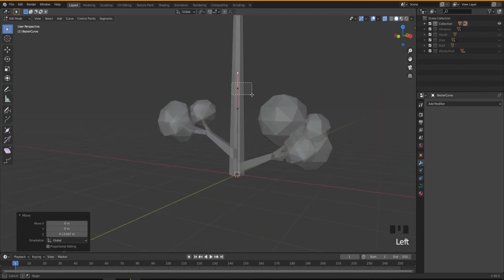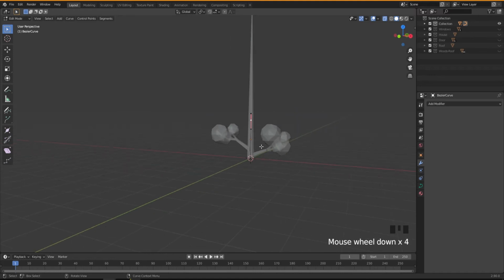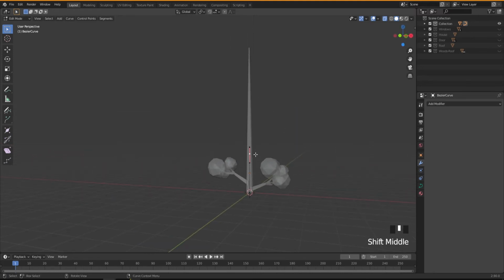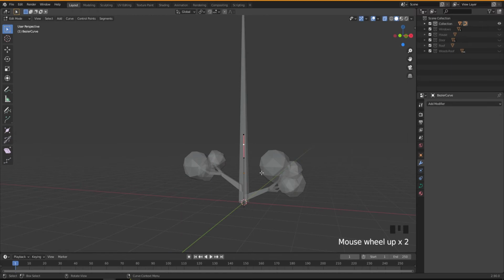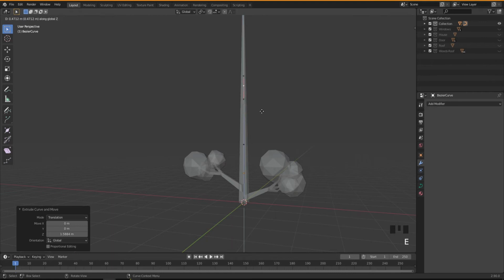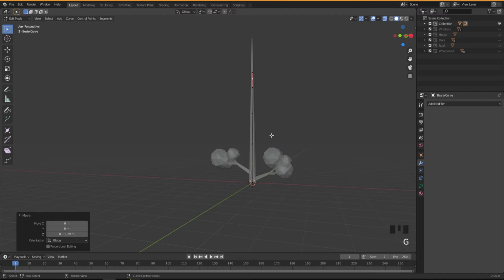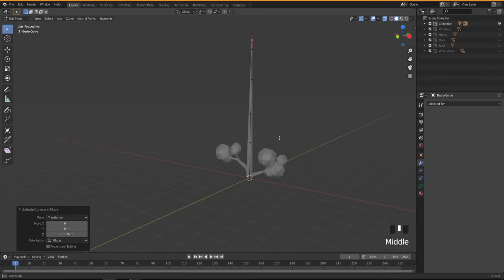And then I'm gonna select this point and we're gonna extrude. We need some more points, because this is going to be our driver to bend our chi. So now press E and then Z to move another one, and then E, Z to add another one, and then like this, and the last one E, Z, nearly at the top. That should be fine.